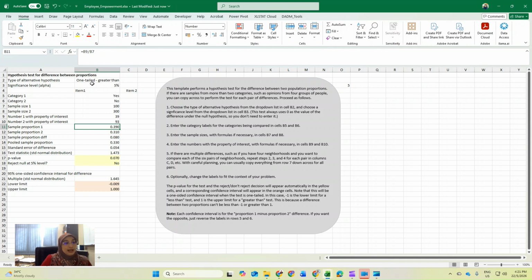Using one tail and the 5% alpha, you can see you reject the null hypothesis. So at 5% the value is 0.07. Alright, let's say I copy this for the second item.